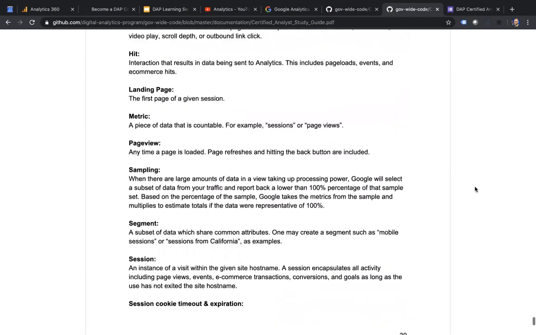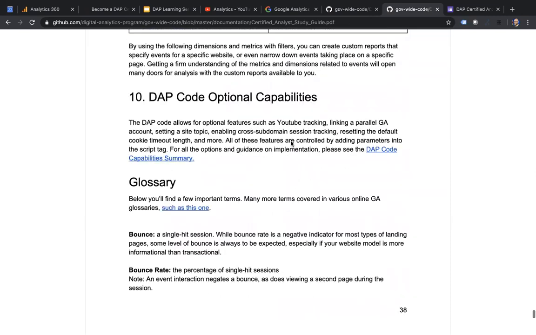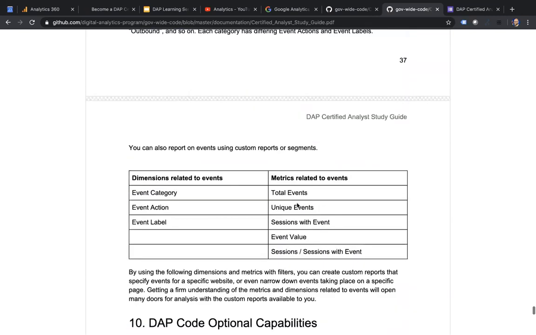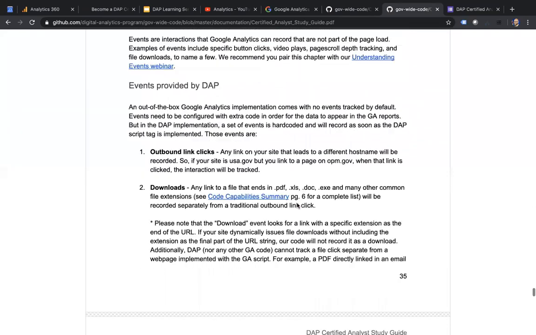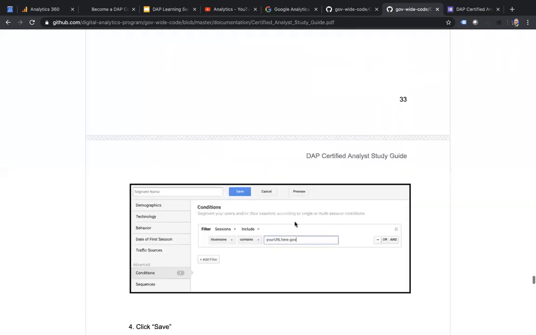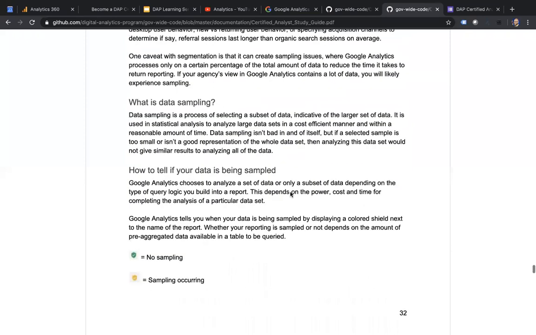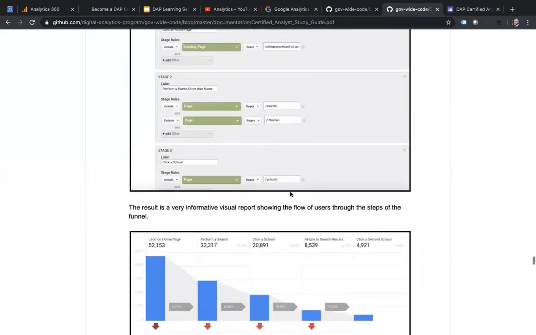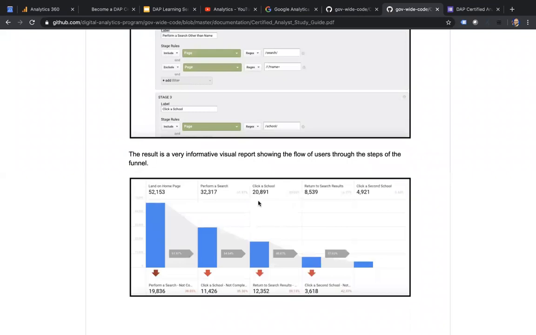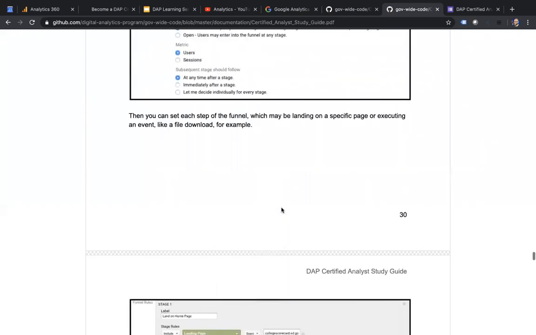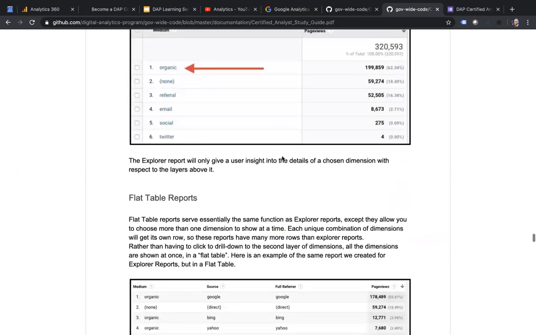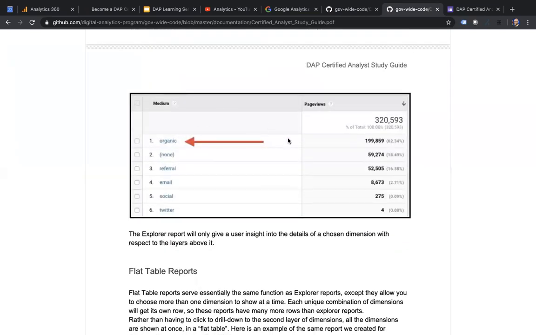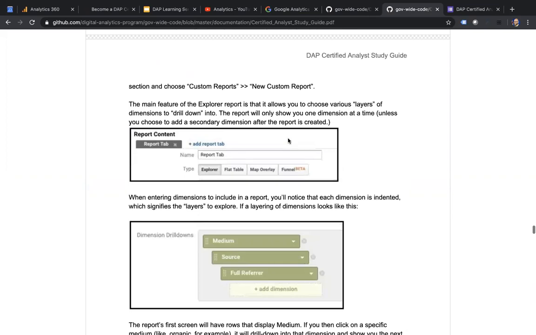So it is 40 pages long, and you can see we end it with a little appendix that has a glossary. There's a lot of different things that you can read here if you take the time to go through these 40 pages, and it's a lot of pictures, so it's not really that many pages. We have taken a lot of effort to demonstrate and use arrows where necessary in these screenshots to show you exactly what we mean when we're talking about all these different topics.